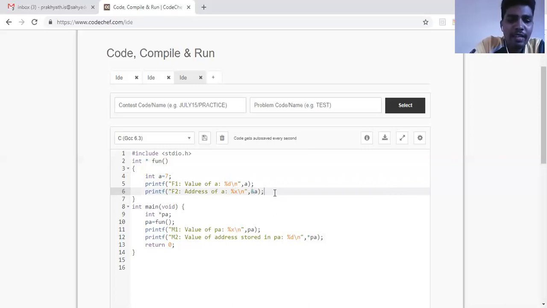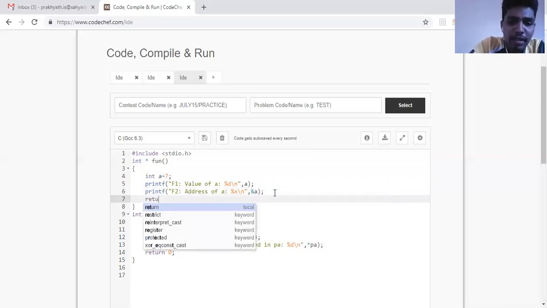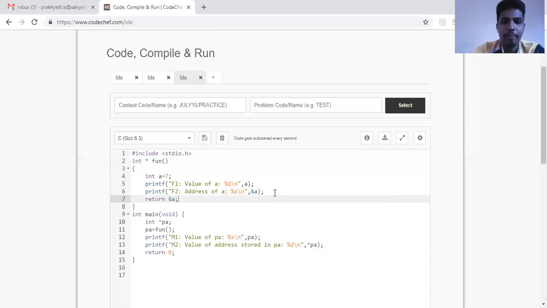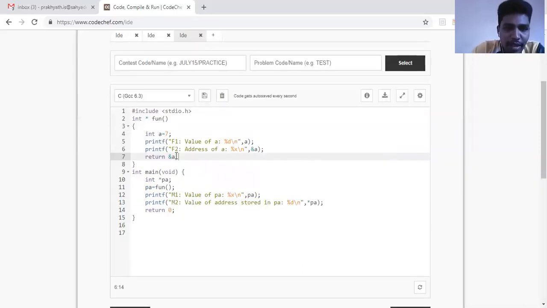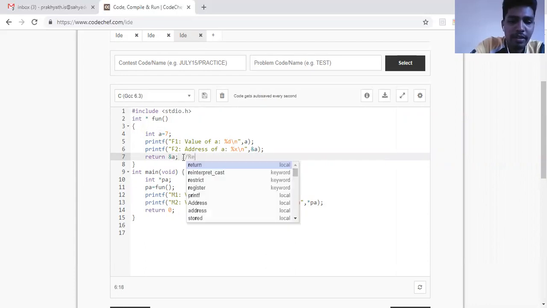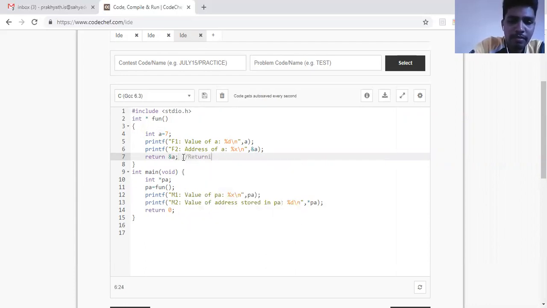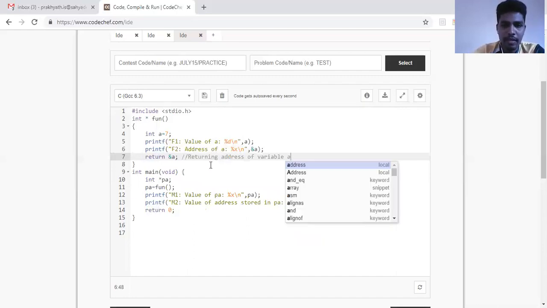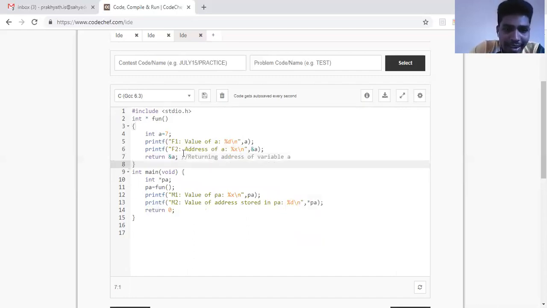And then see what I'm returning. I'm returning the address of A. How do I know I'm returning the address of A? Because I've used the address operator. So I'll write the statement here, returning address of variable A. Okay, whatever address I have written here should be stored in PA.